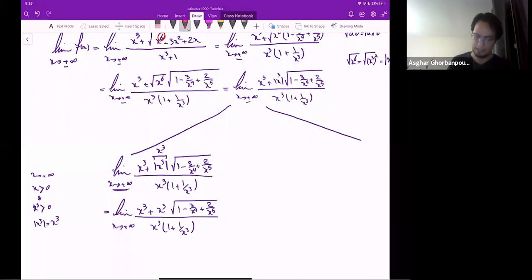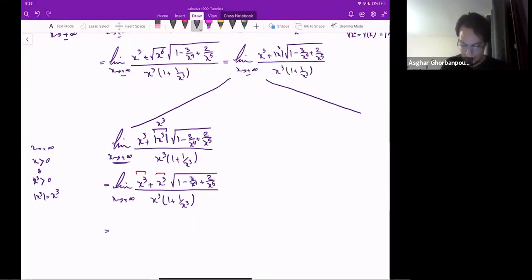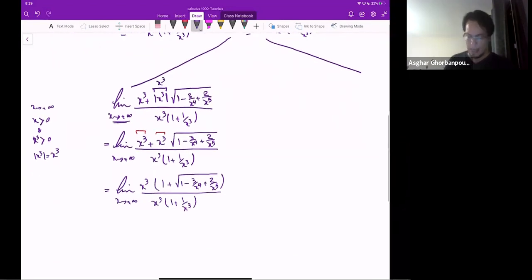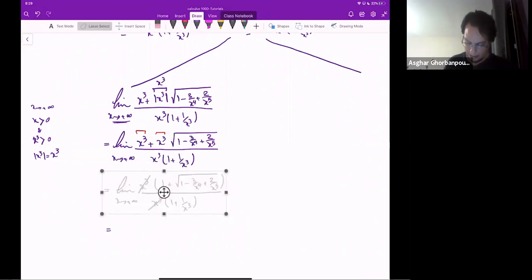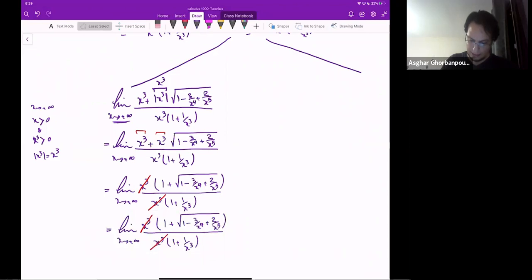Now, this is where we have something to do with the highest power of the numerator. I can factor out x cubed in the numerator, and I will get 1 plus the root of 1 minus 3 over x to the 4 plus 2 over x to the 5, over x cubed times 1 plus 1 over x cubed, as x goes to plus infinity. And as you can see here now, I can cancel those factors, and I get down to a limit after cancellation